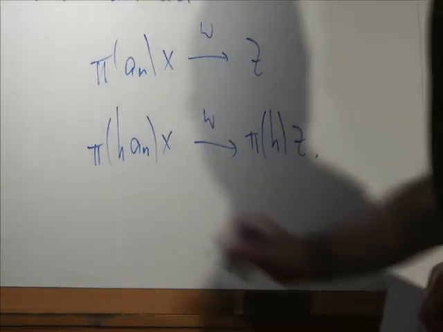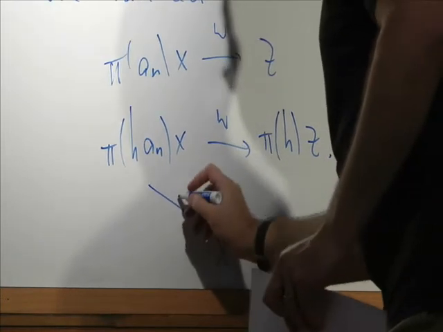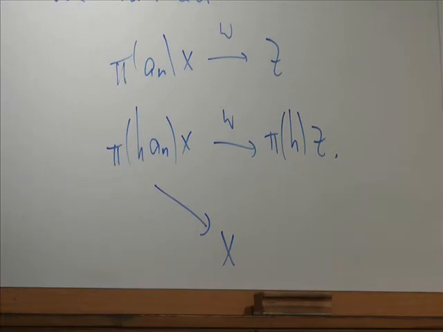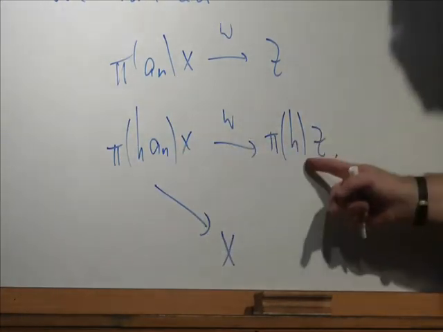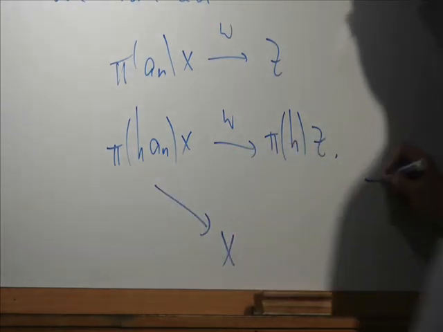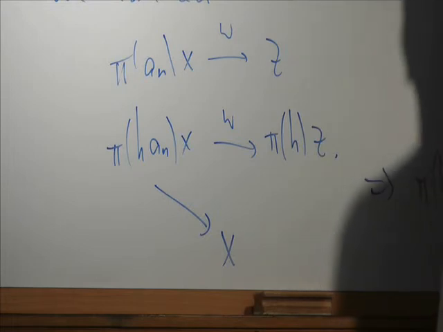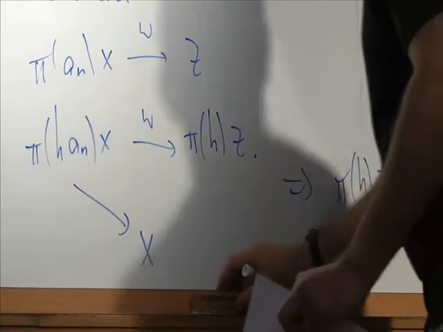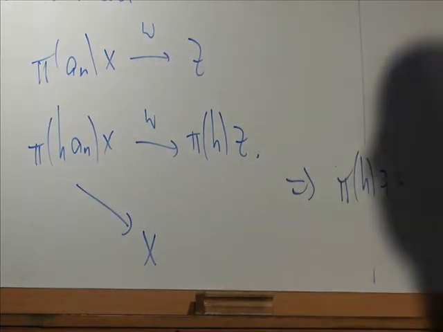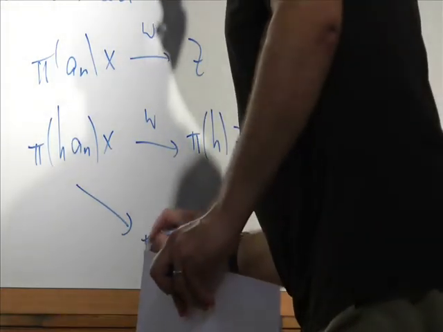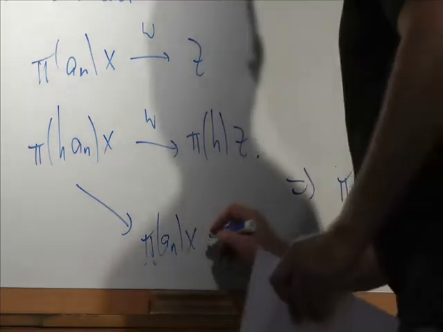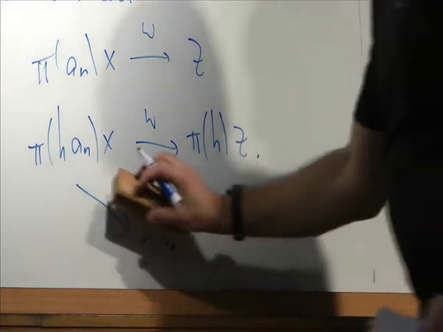But at the same time, I got a strong convergence of that, even in norm, by the above calculation. So the same sequence of vectors converges weakly to something and strongly, which implies also weakly, to another thing. This is not x to pi a n. Yeah, pi a n x, which itself, so no, sorry, the difference between them,